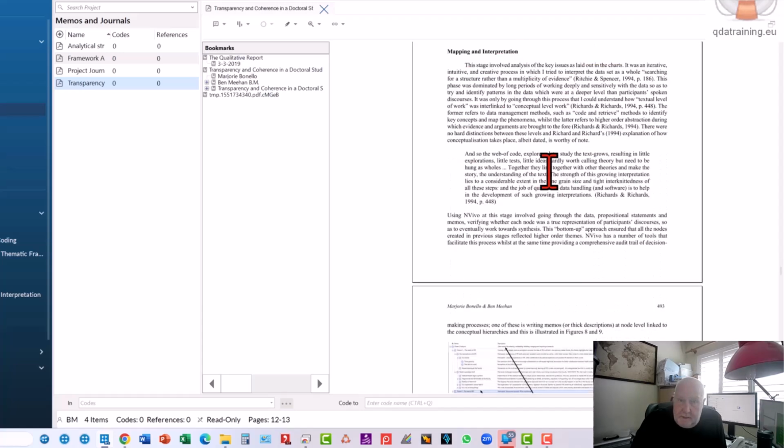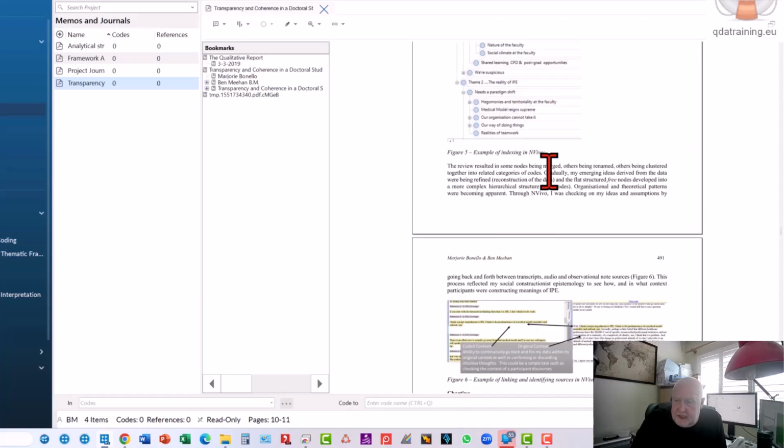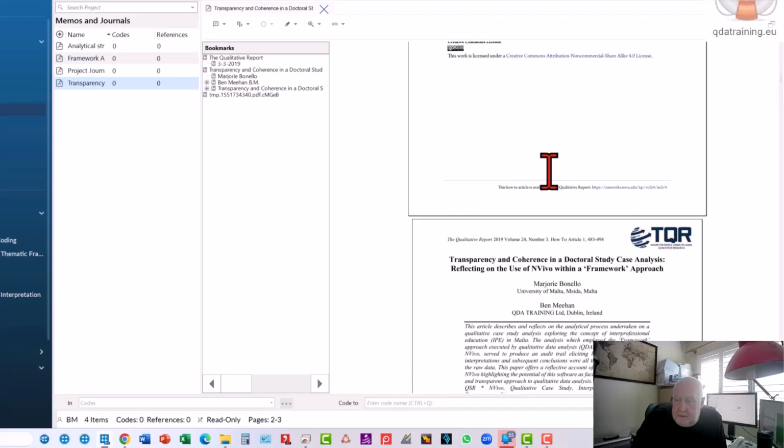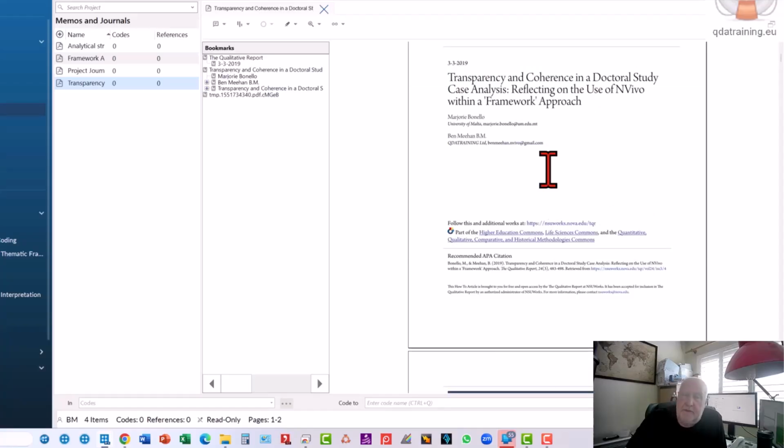So I would recommend you read that paper as well, because you'll see very clearly laid out what would be a good audit trail. Now, apart from that paper, we also have